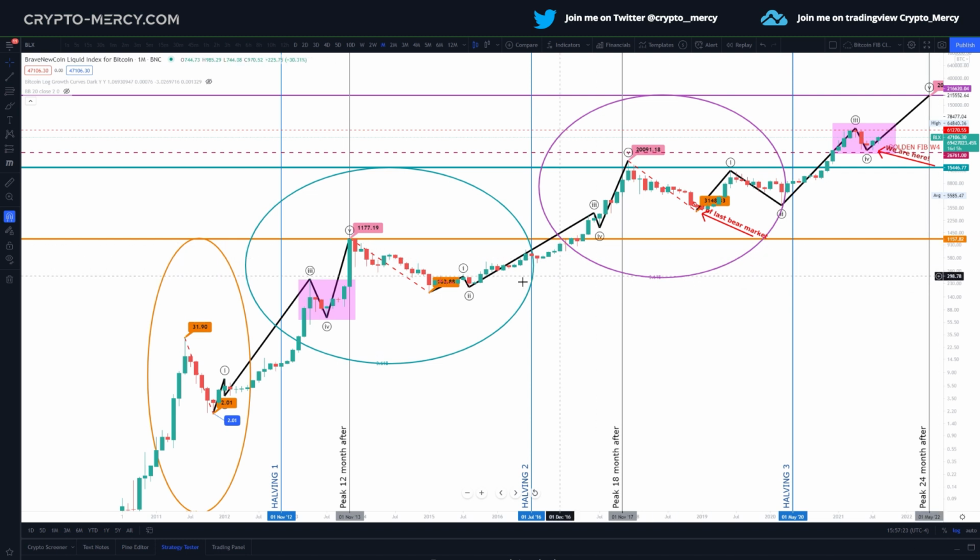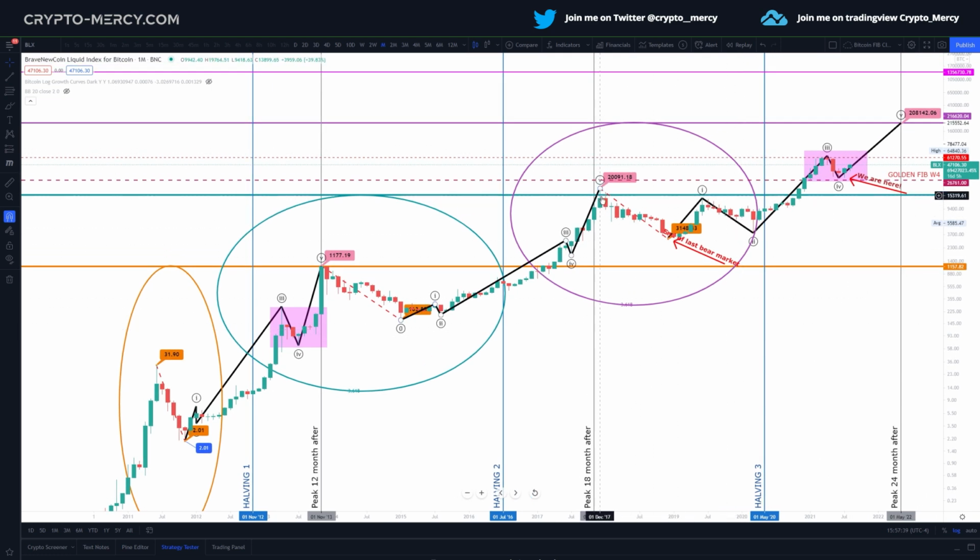1,157. It happened. We retraced inside a bear market in January 15, and the fib circles say next bull market will end at 15,446. This is what happened. I mean, we've been over that, but it was a pretty nice prediction. And from the last bull market to the last bear market,